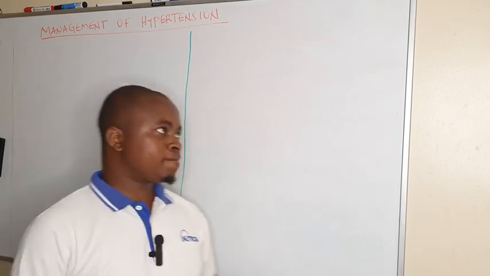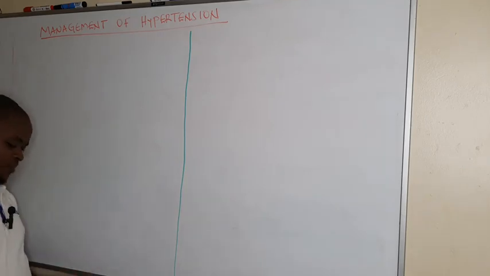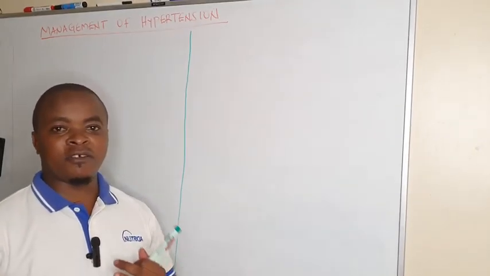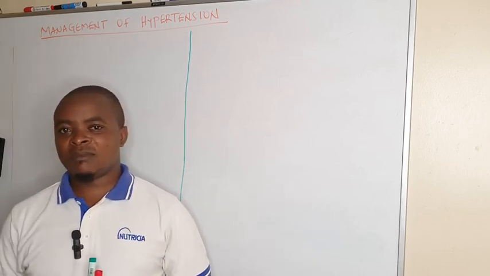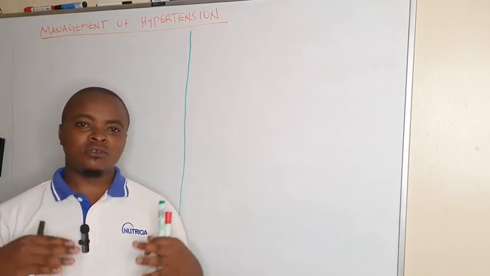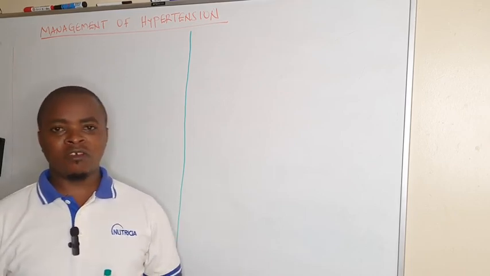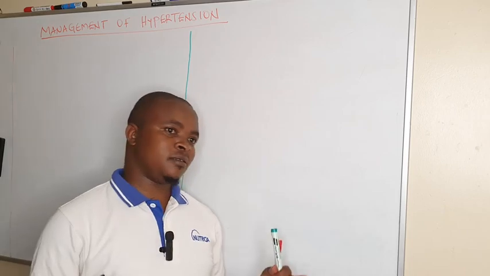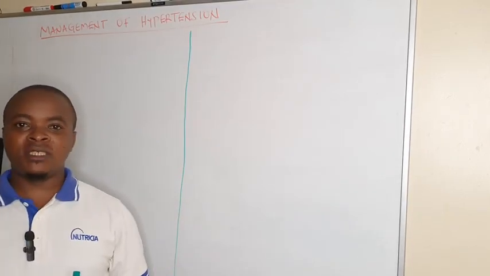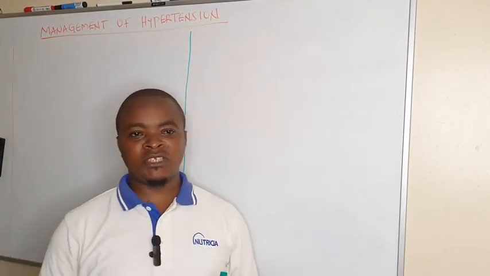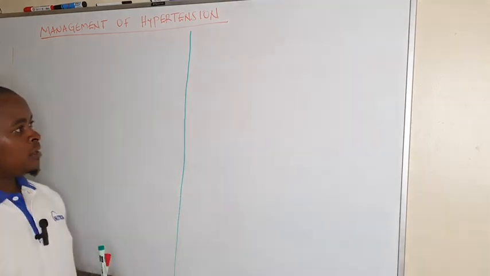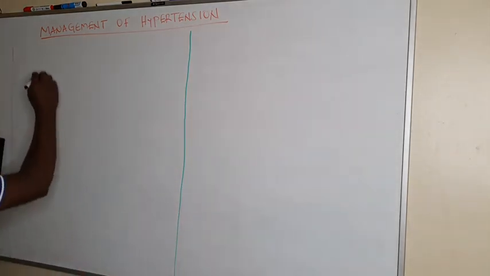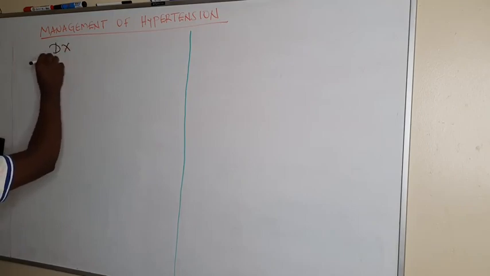Let us begin. So we are saying that under management, we are going to look at the tests performed, that is the diagnosis. How do you diagnose hypertension? And we are going to go ahead and look at the first line treatment and how you can treat patients with comorbidities. That is what we are going to look at. So, under diagnosis of hypertension,